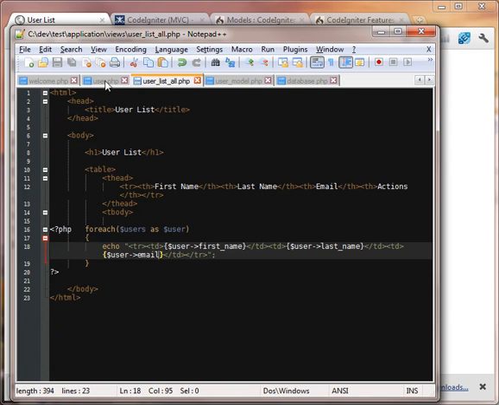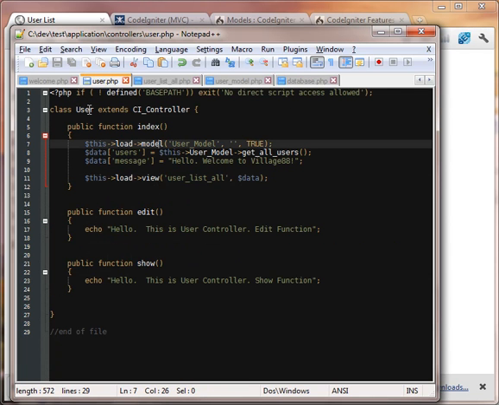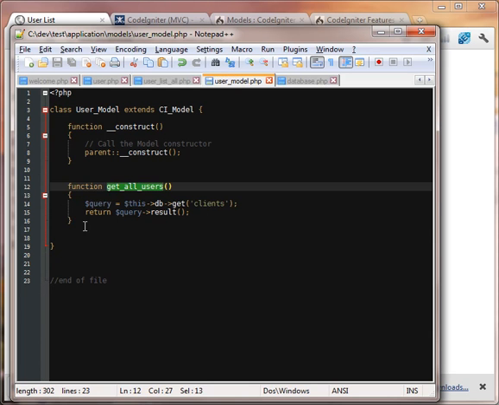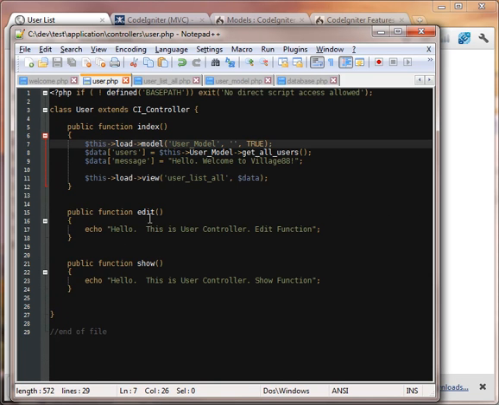So this is a good example where the controller did all the business logic and then passed the information to the view, and the model just does specific things, and most of the time it gets information from the database. So for example, in the edit, if you needed to get information from a bunch of different places, then you may be loading multiple models, getting multiple functions,